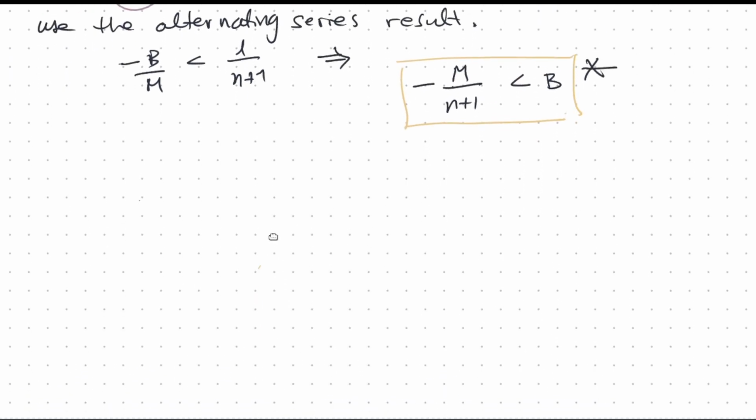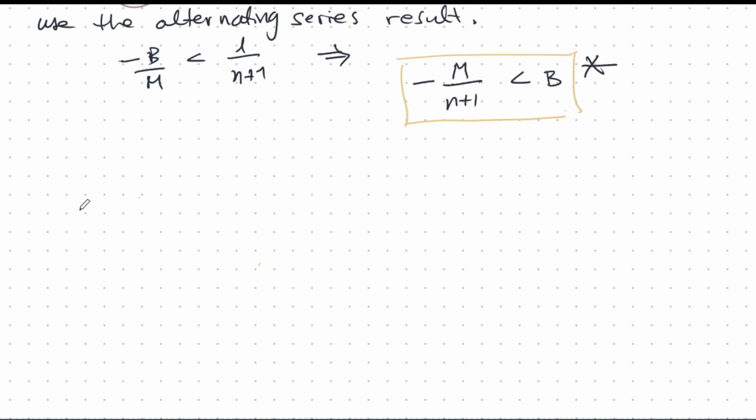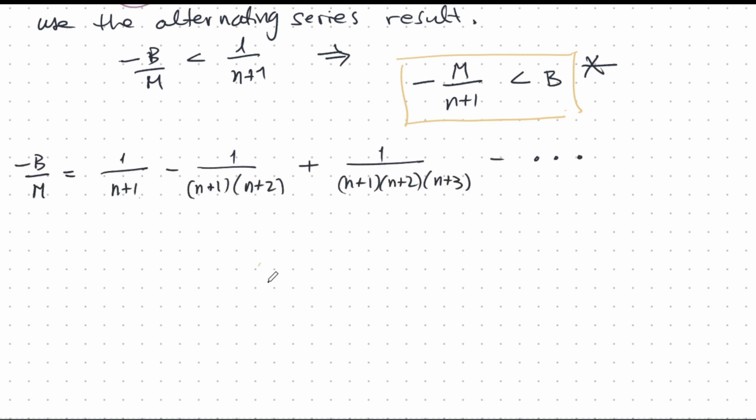But what else can we prove about b? Well, we can prove more things. Let's go back to that series inside the brackets, minus b over m. Now, from this, I want to construct another series that will be smaller. So for the moment, I will write smaller like this. So less than or greater than or equal to. So what I'm going to start writing here will be a smaller series.